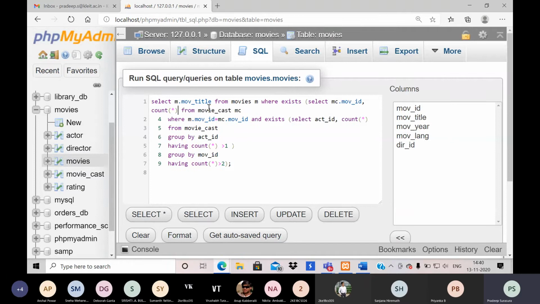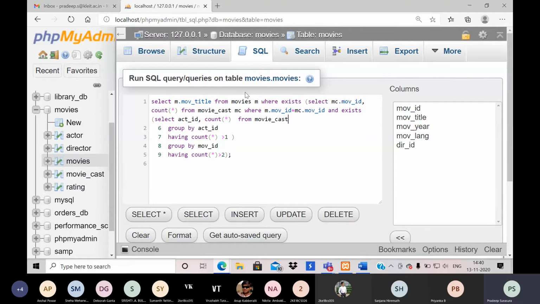First we have to identify multiple people in each movie. For each movie we need to count the number of people. Then find out how to work with respect to different movies. That was the query.